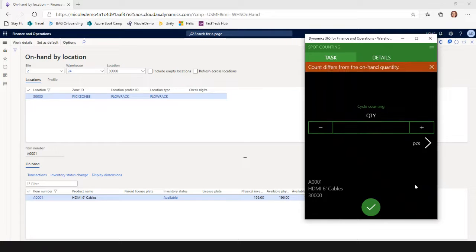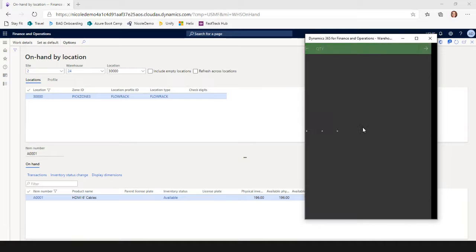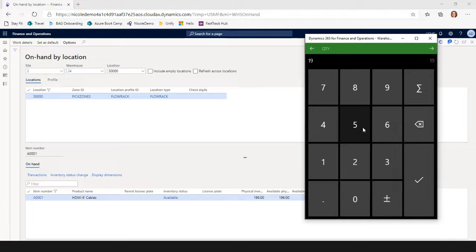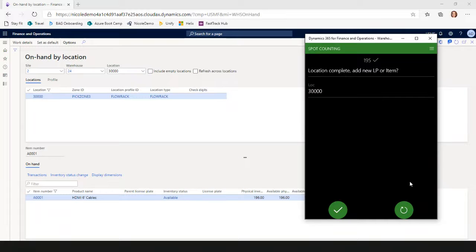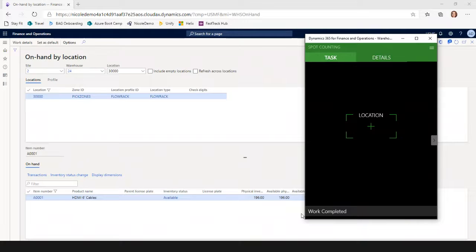And I'm going to get that error that says that the count I entered is different from what the system expects. That's right, and it's going to give me an option to retry that count. That's configurable. And then it's always going to ask me at the end of my count, is there anything else I want to add to this location for the purpose of this demo? No, I do not. So I'm just going to verify, and it's going to tell me that the work is